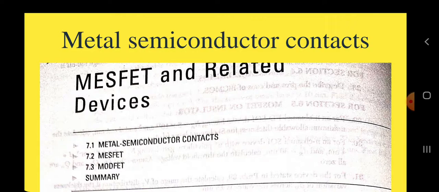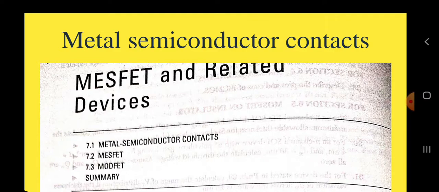of the MESFET, and we will discuss the modulation doped field effect transistor, that is the MODFET, which is similar to the device configuration of MESFET but can even offer higher speed performance. So, rectifying metal semiconductor contact and its current voltage characteristics, ohmic metal semiconductor contact and its specific contact resistance, the MESFET and its high frequency response, the MODFET and its two-dimensional electron gas, a comparison of three field effect transistors, that is the MOSFET, MESFET and the MODFET.